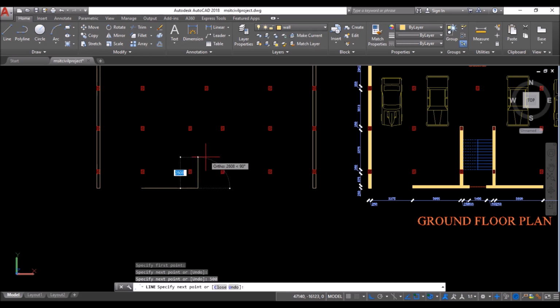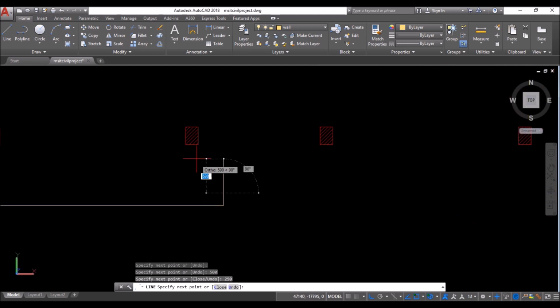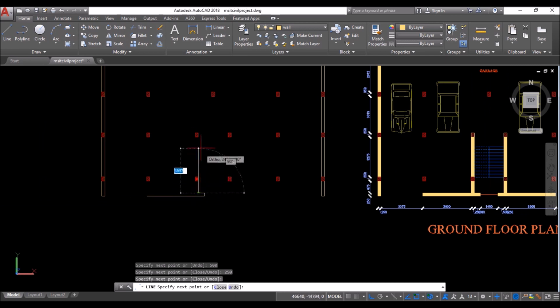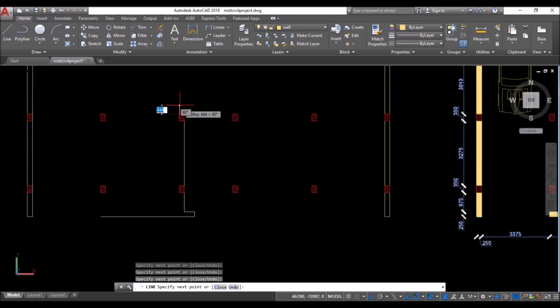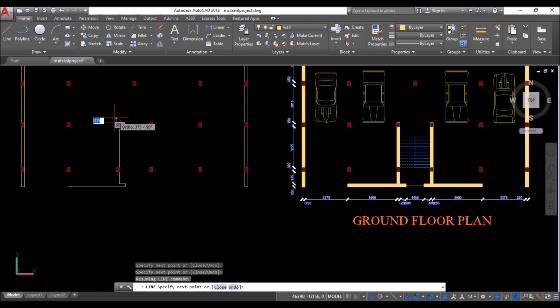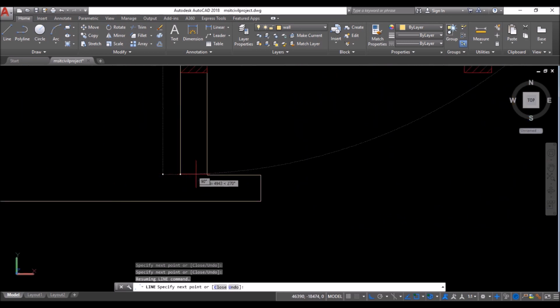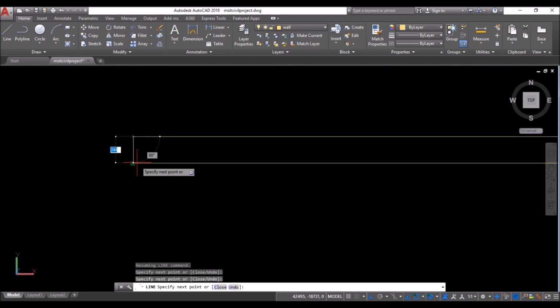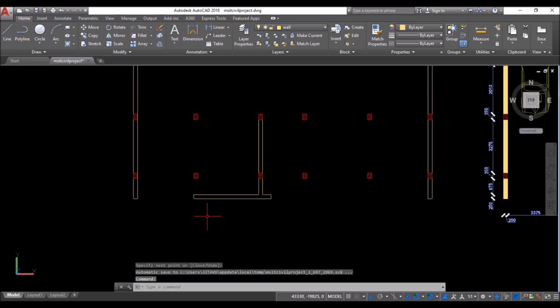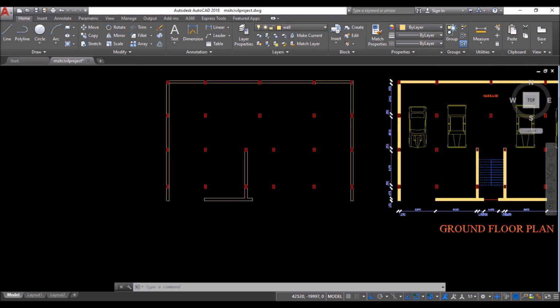Move the cursor upwards, type 250 and press enter. Move towards left and click at this endpoint snap's extension downwards as shown. Then simply follow the steps and complete this wall. Always press enter or escape key to exit from the line command or any other command.